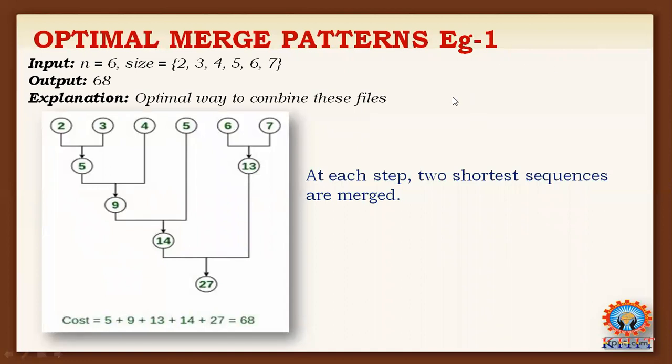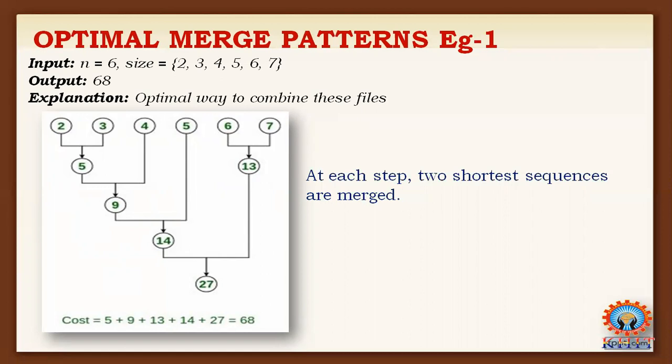The given problem can be solved in such a way that if you consider a tree, there is a tree way we can merge the files. So this is the final resultant total number of comparisons required to merge the given 6 files: it takes 68 comparisons. Now we will see the problem solved using the technique called the greedy strategy. When I apply the greedy strategy to the given problem, we get the solution very easily.